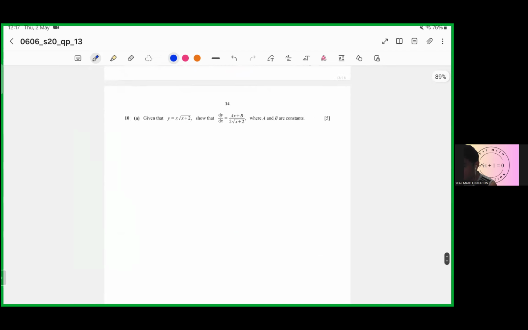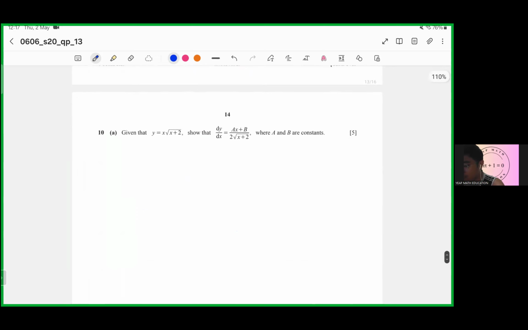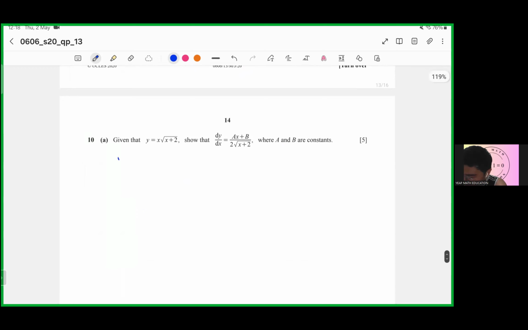Now we look at the last question. The last question is about differentiation. Given that y equals x multiplied by the square root of x plus 2, show that dy/dx equals (ax plus b) over 2 square root of x plus 2, where a and b are constants. So what method can we use? We can use